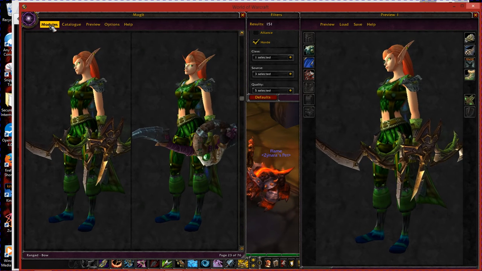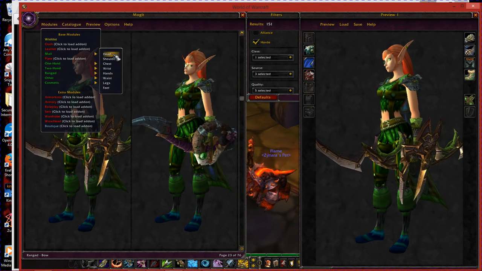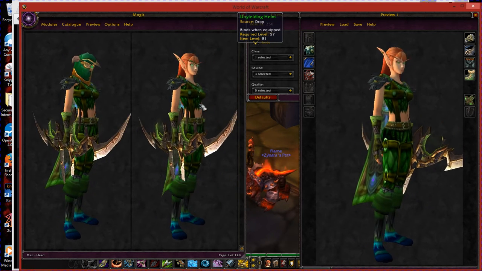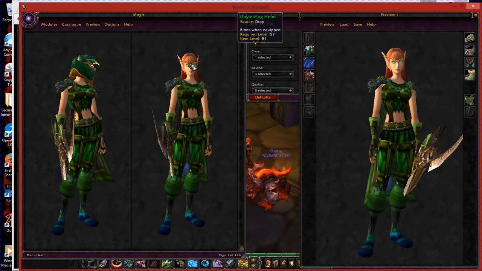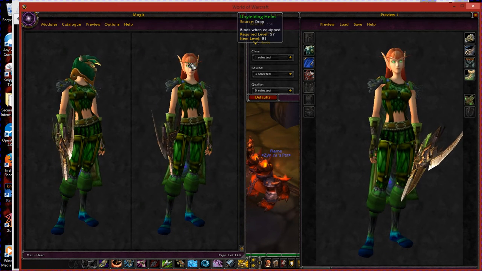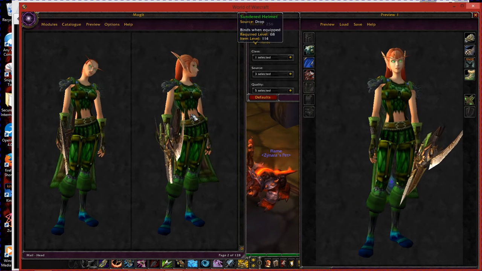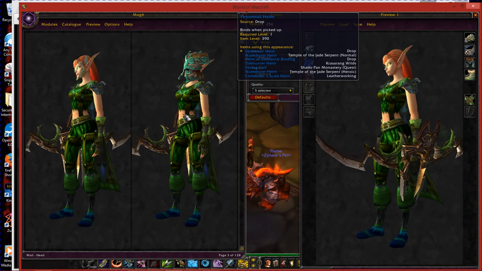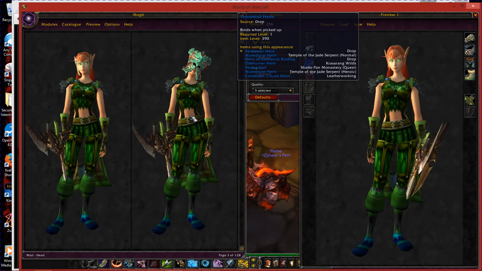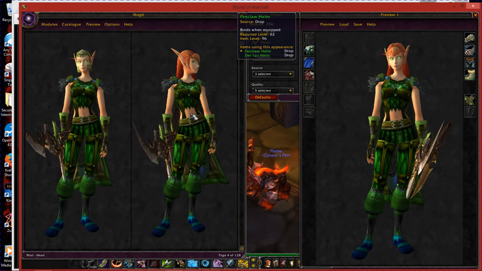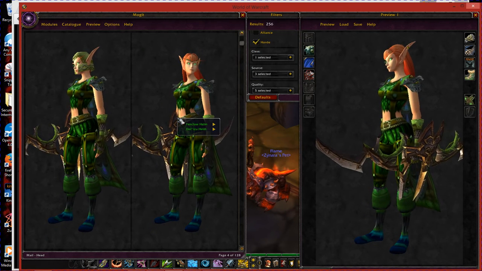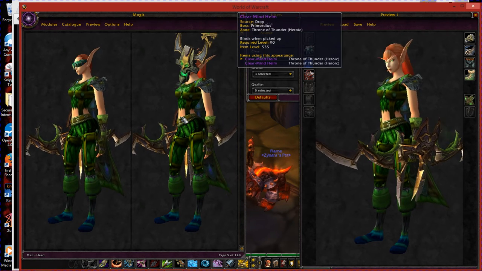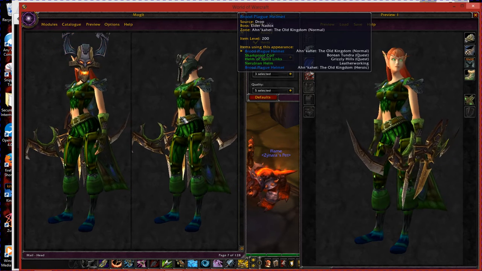I could go into male headpieces, but I really don't like hiding her face. If I had a different hairstyle, I could see that there is a piece here going across the forehead. I could have something that just covers up the front part of her face, but I'm sorry, I like looking at my characters. I think I'm just going to skip the headpiece.